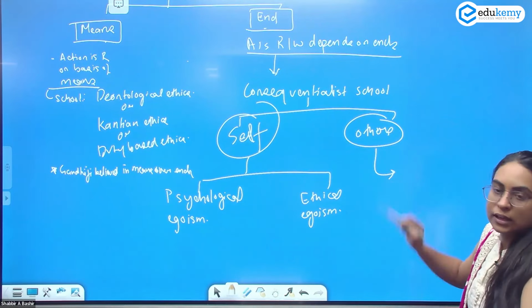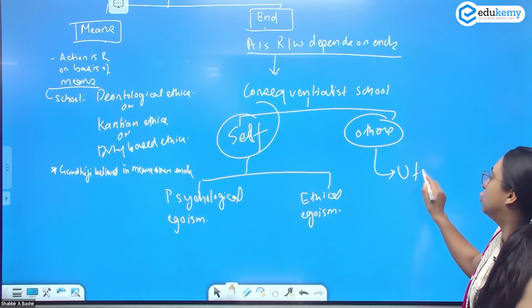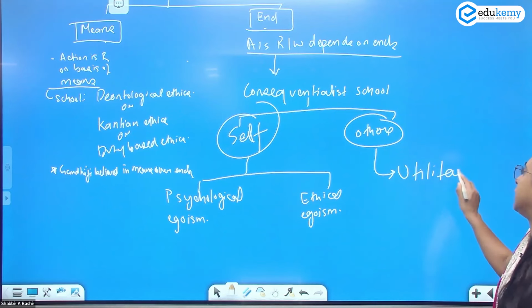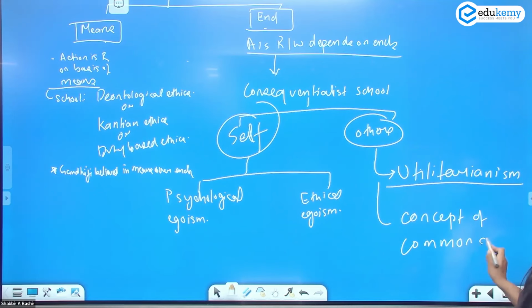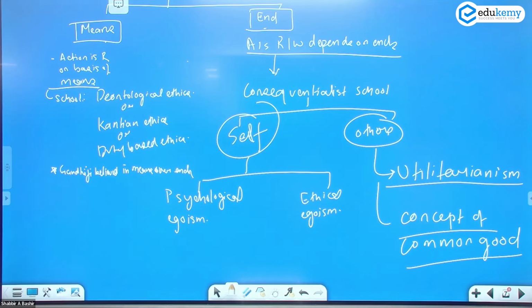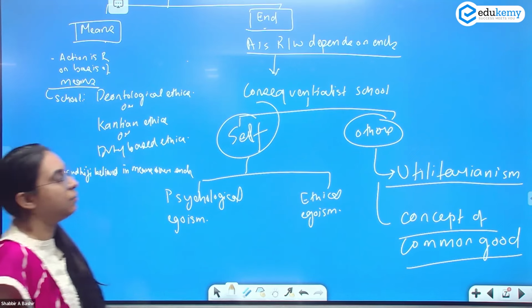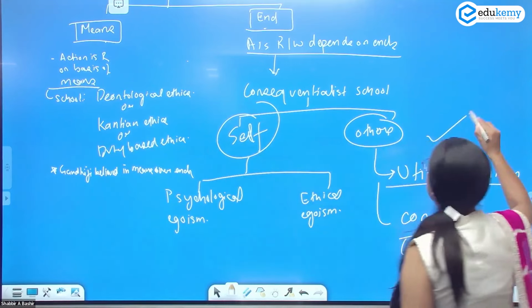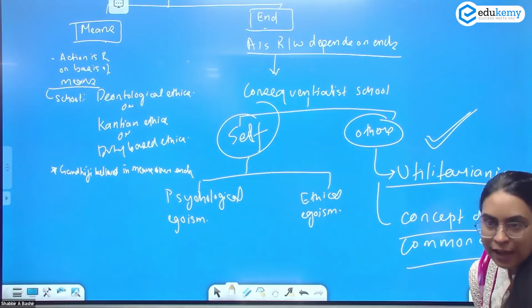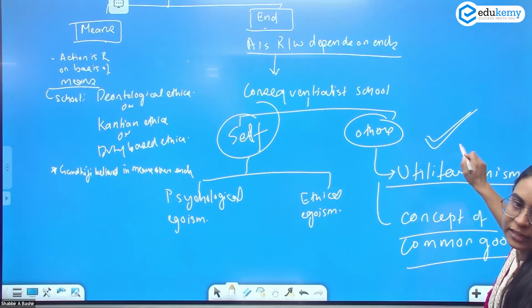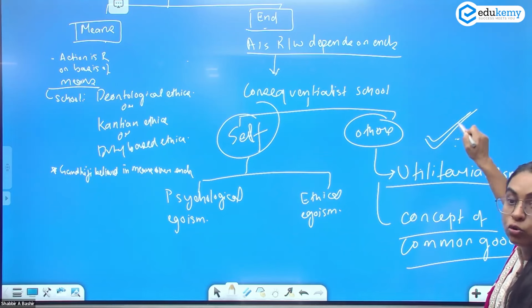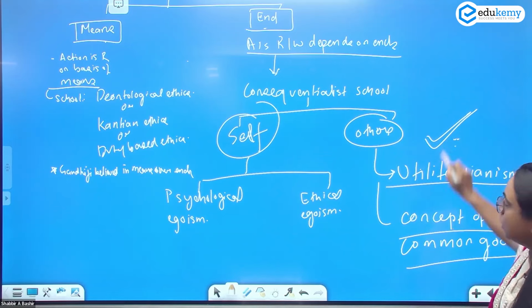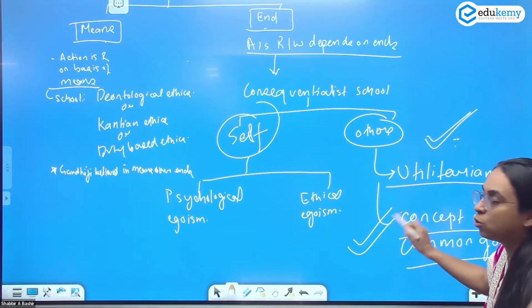और others में क्या है? Write about utilitarianism and the concept of common good. ठीक है. कि क्या एक्शन सही है कि नहीं डिपेंड्स ऑन द यूटिलिटी ऑफ माय एक्शन. इज इट ब्रिंगिंग हैप्पीनेस टू द ग्रेटेस्ट नंबर ऑफ द पॉपुलेशन? क्या कॉन्सिक्वेंस है, और दूसरों के ऊपर क्या कॉन्सिक्वेंस है? क्या मेरा एक्शन कॉमन गुड ला रहा है?